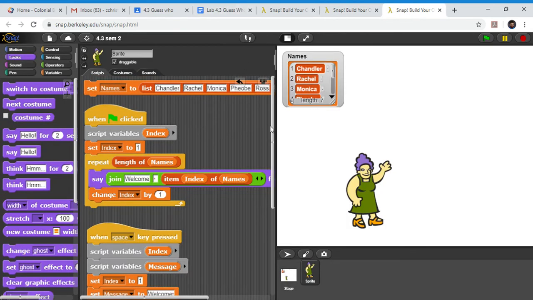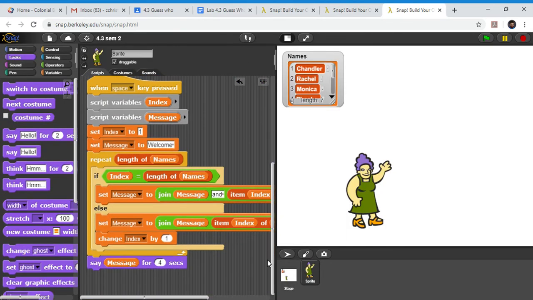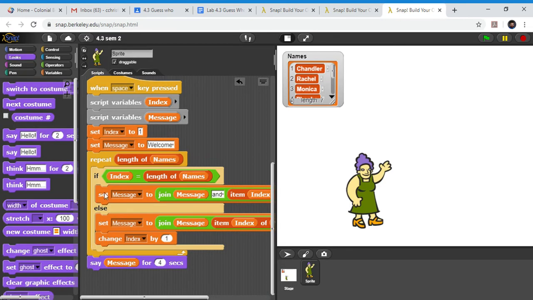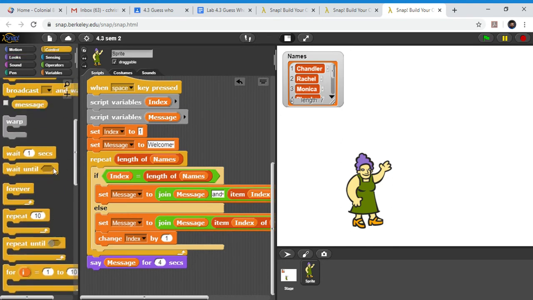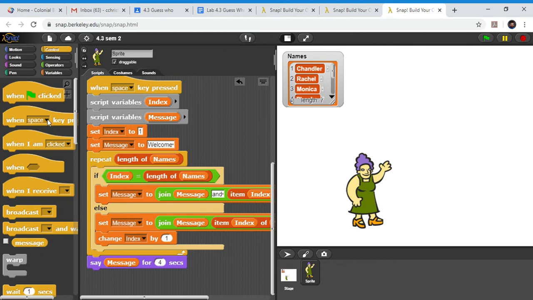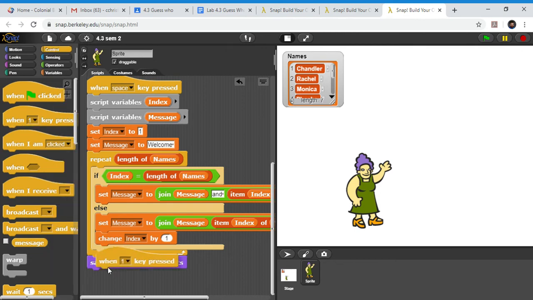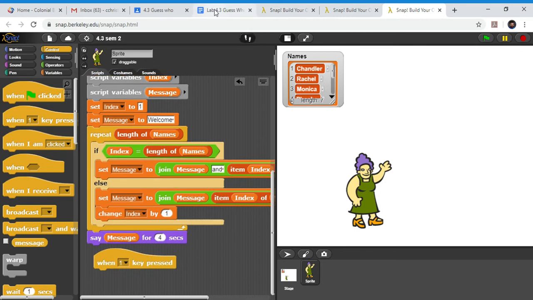We are looking for a script that when we hit 1, all of the names that have more than 4 letters are said. So let's go ahead and do that. I'm going to let it warm up a little bit. So we got a control here, when, instead of space key this time, it's going to be the 1 key is pressed. Does it just say all of them? Or is it